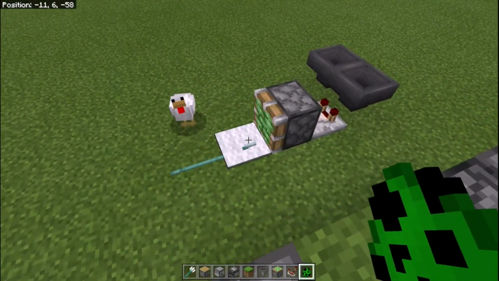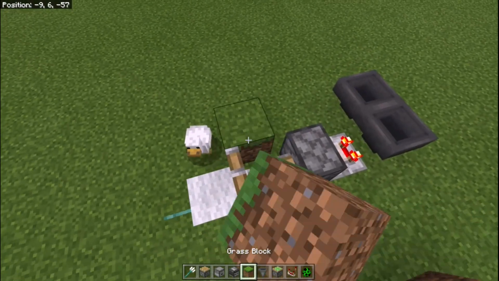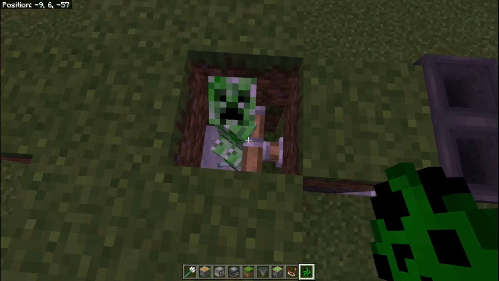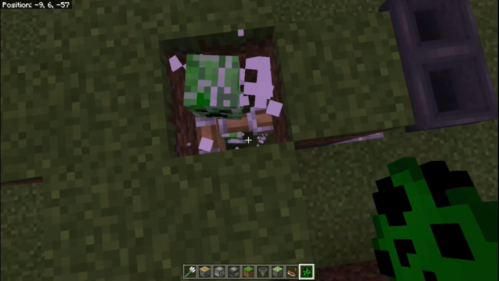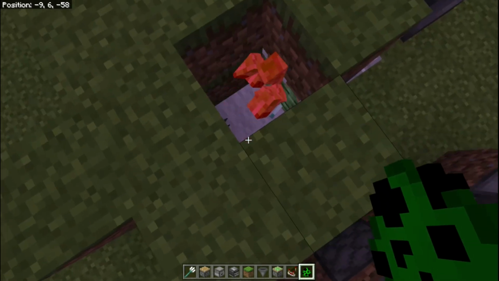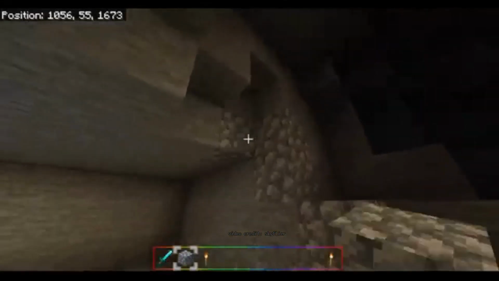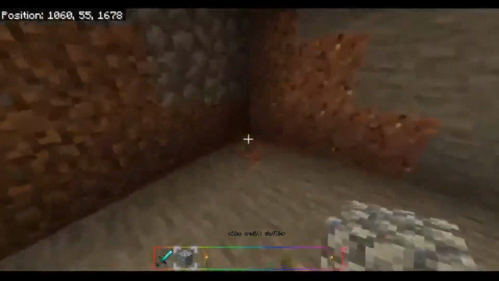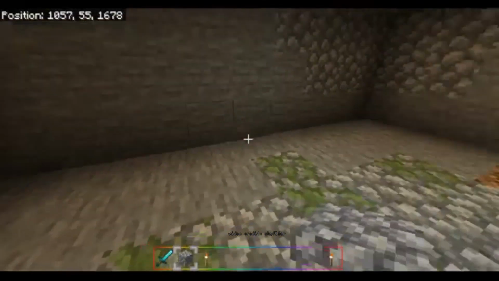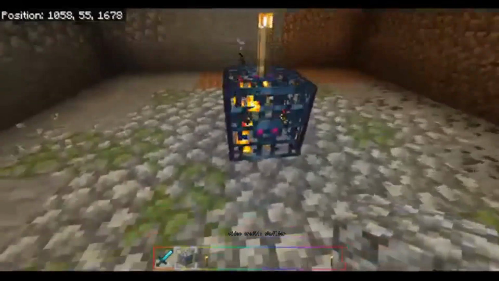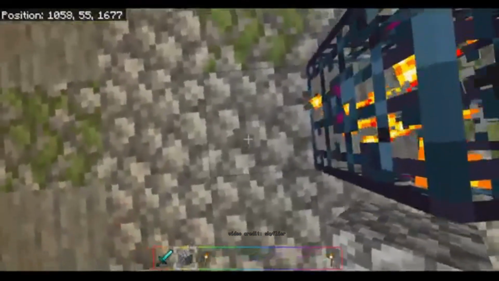Java Edition does not have this feature, and on top of that, it is actually a lot easier to get Tridents on Bedrock Edition than it is on Java, because on Java, only drowned that spawn holding a Trident will drop one, but on Bedrock, you can get a Trident from literally any drowned, including drowned that were originally zombies, which means that you can actually turn your zombie spawner into a Trident farm, which is very, very OP, and completely changes the mechanics of Bedrock Edition, in my opinion.